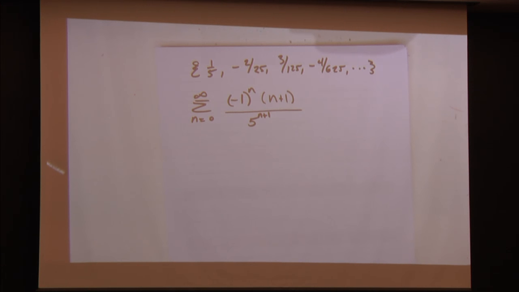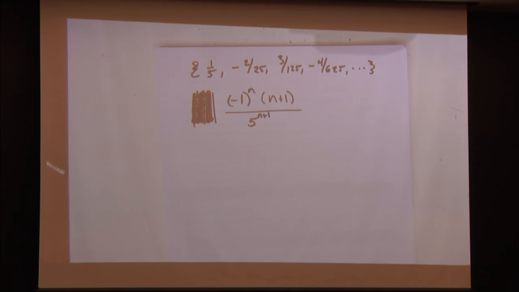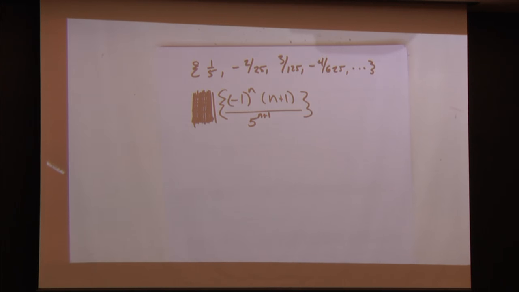Pretty good. This is a sequence, though, so I'm actually going to go like this and pretend that I got it right the first time. This is our sequence. Does the sequence converge or diverge? We have to take the limit to find out. Take the limit as n approaches infinity